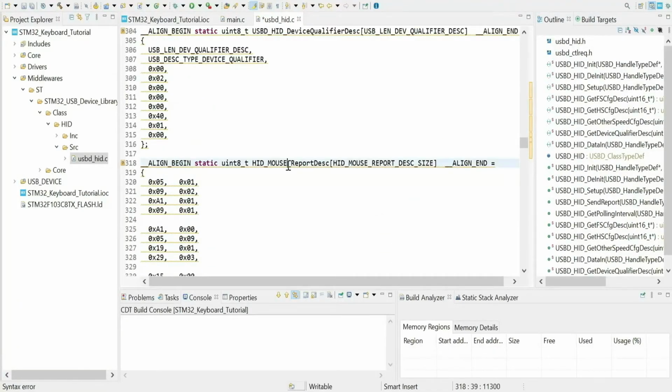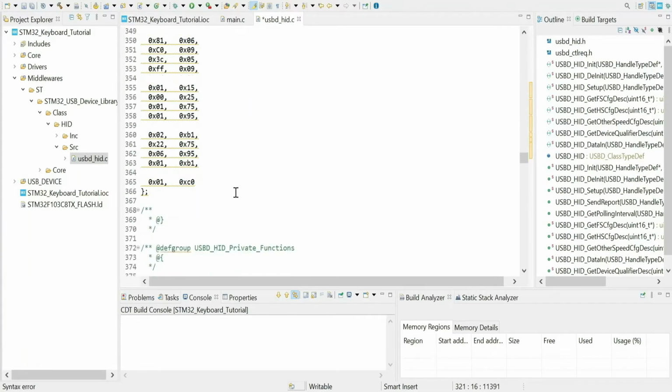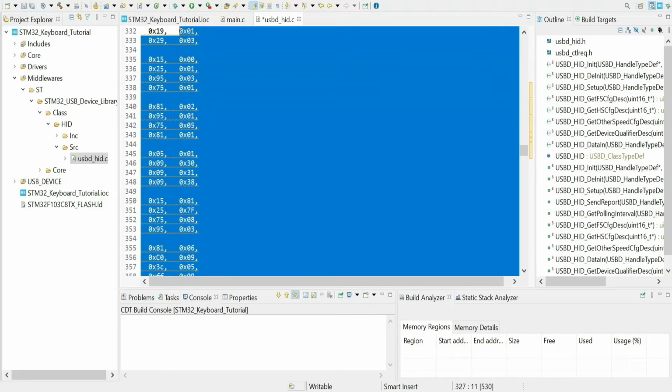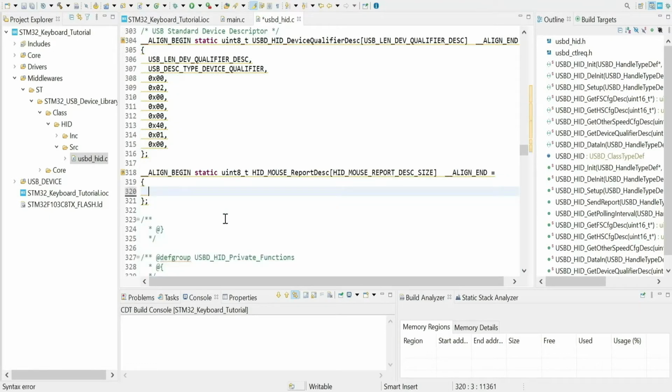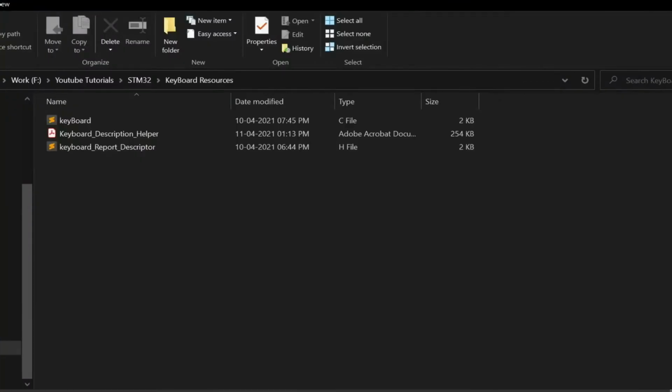Now here you can see the report descriptor for the mouse, so we have to replace it by keyboard report. Link of keyboard report descriptor file given in the description.